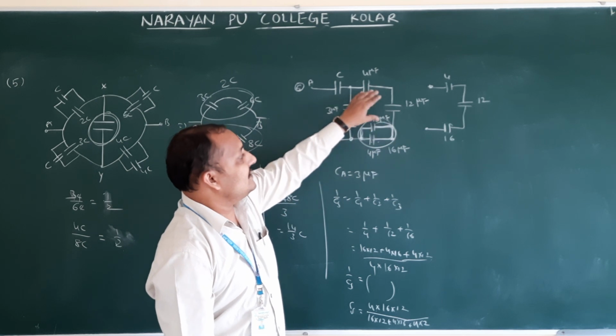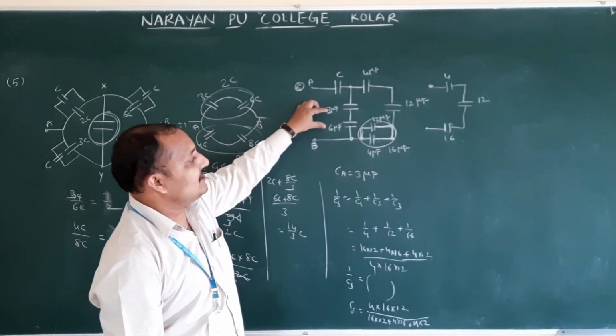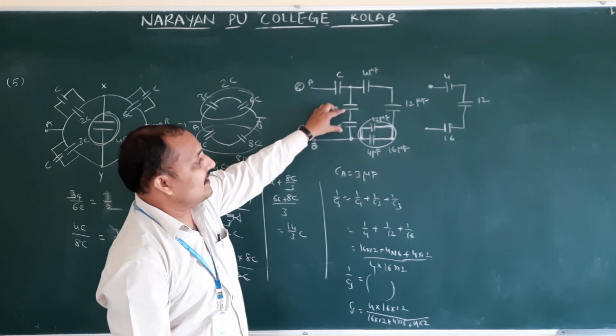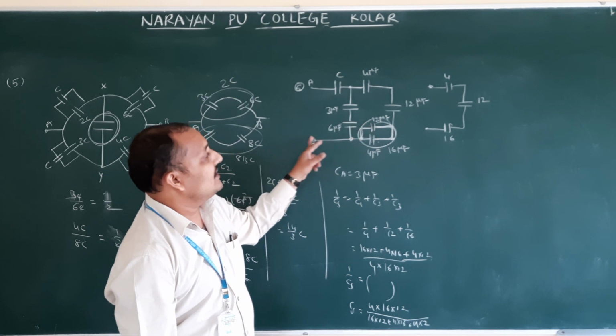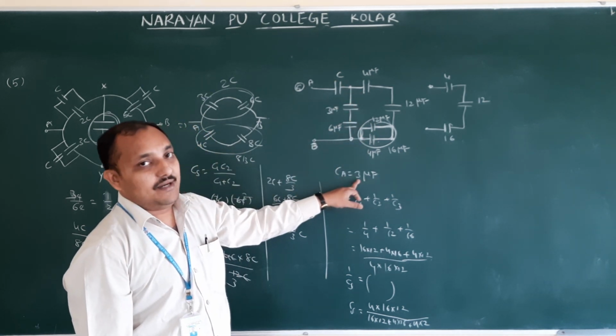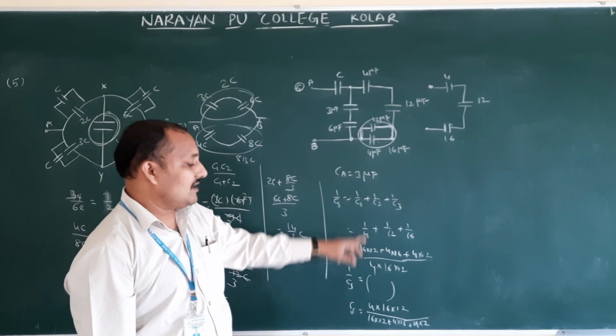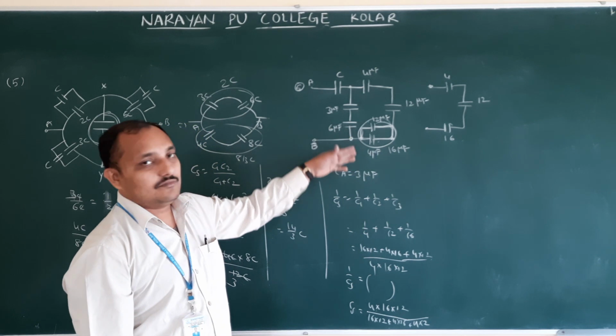Now this capacitor is going to be in parallel with these two. These two in series, series means 1 by 3, 1 by 6, you will get one capacitance here. So these two are in parallel, and again these two in series. So this series should be equal to 3 microfarad. Because big numbers are coming here, try to solve and you will get it.